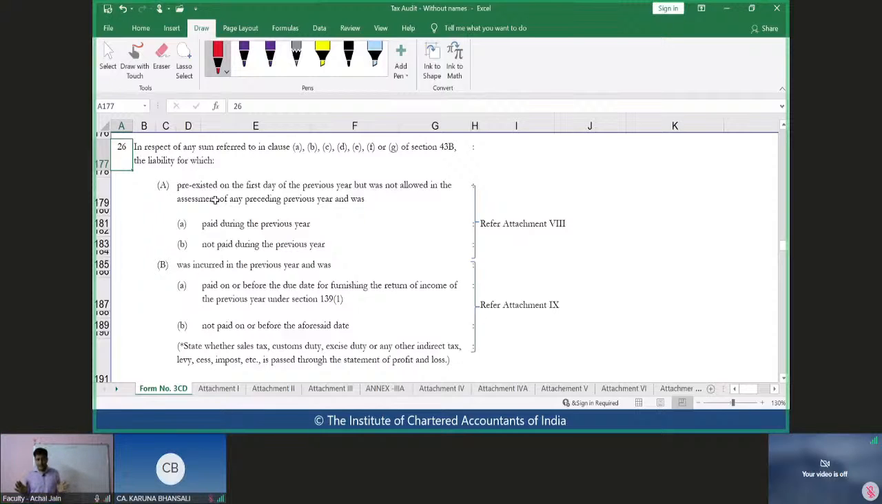In most of the cases, I have seen that whenever this clause or the two sub clauses which are required to be considered over here are filled, there are corrections. So if you look at 26A and 26B, these two are required to be reported separately, and generally the entity will report these two